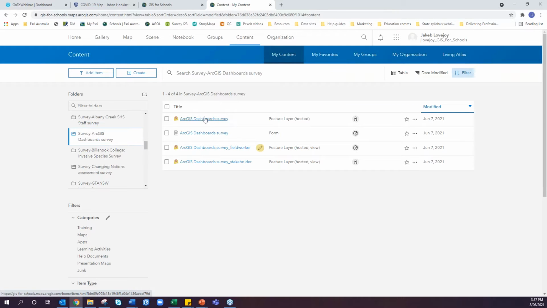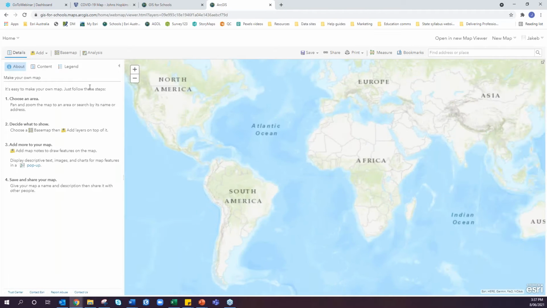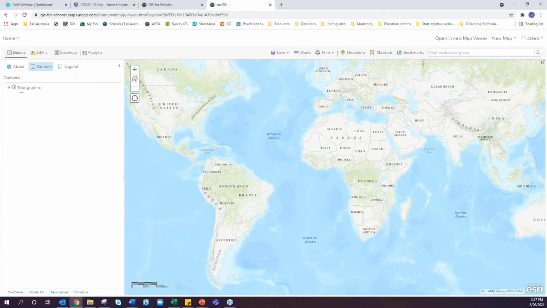And I want to select this first one. Feature layer hosted is the way that I remember it. I'm going to select that. And I'm going to open this in a map, and I'm going to really briefly display a couple of the questions in a map and save that map, and from there we'll get started with the dashboard. So I'm going to head over to Australia,